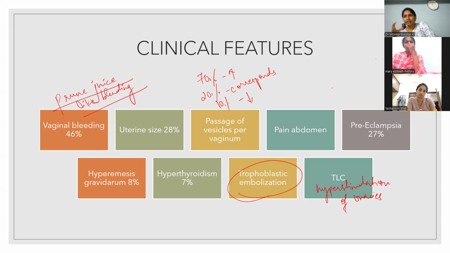And if she tells, I got my UPT done, my scan is not done, and now she comes with acute onset of any of these symptoms, you have to do a scan, and if it is showing molar pregnancy, you have to do a chest X-ray or a CT chest to rule out pulmonary embolism. Or if she has seizures or any paralysis, there could be cerebral metastasis as well. This is the most common sequelae of GTN, but it can occur also in complete hydatidiform mole. Whereas in a partial hydatidiform mole, only the miscarriage-like features will be present, like either a missed miscarriage or